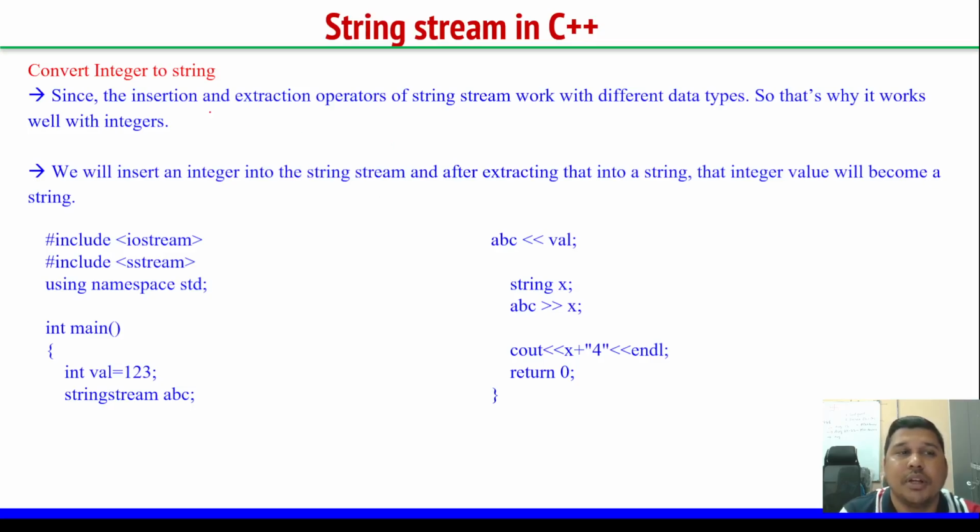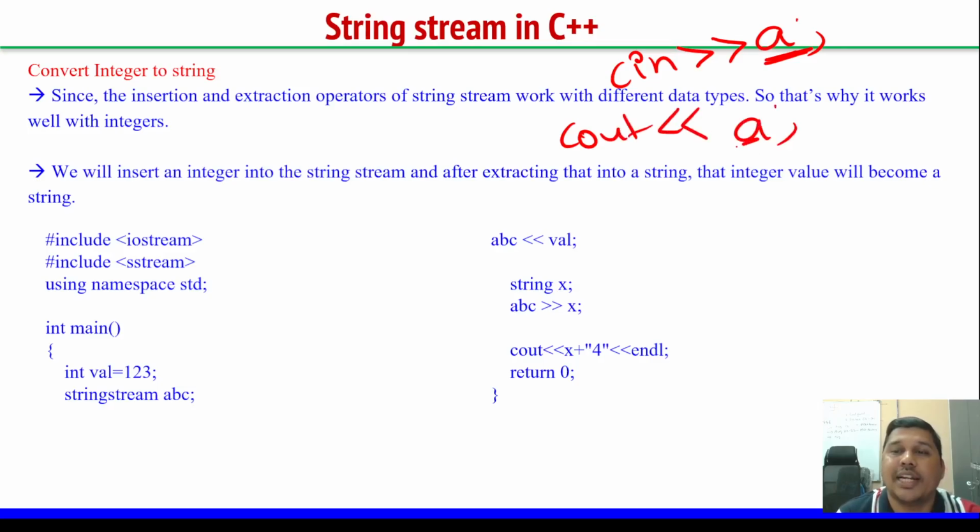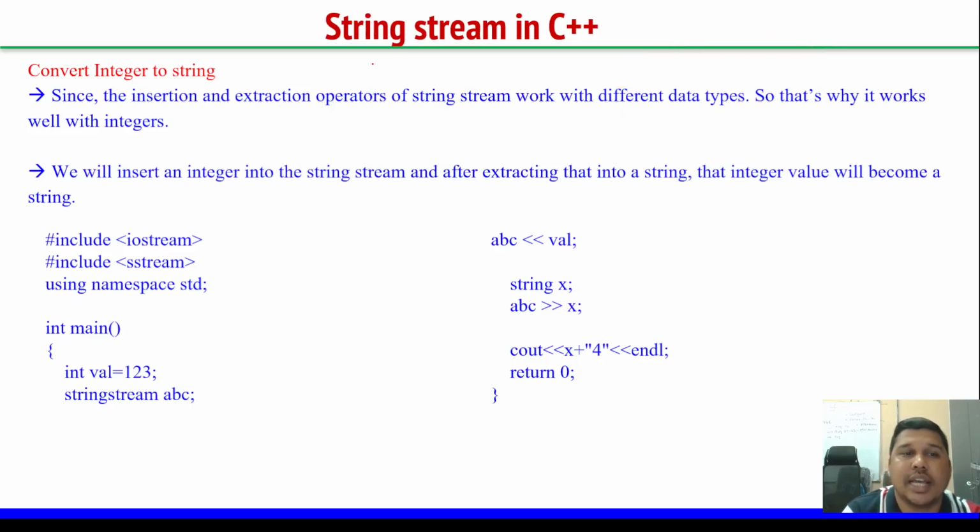The third use of string stream is if you want to convert an integer to a string. Since the insertion and extraction operators of string stream work with different data types, that's why it works with integers as well. Why? You can write cin, where A can be an integer, a character, a string, or a floating point number, it can be anything. And cout of A will print anything, its data type can be anything. That is why we can use the same extraction and insertion operations